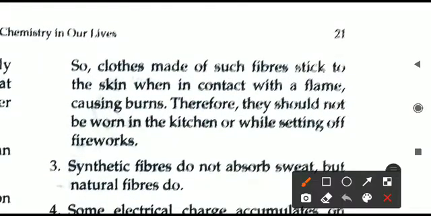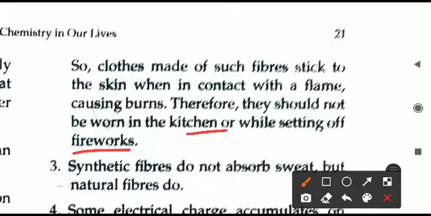So in case of fire, if someone is wearing clothes made of synthetic fiber, then these fibers will stick to the skin and they can cause burn injuries. So especially when we are in the kitchen or when we are using fireworks at the time of Diwali, a festival, at that time we should not wear synthetic clothes, because in the kitchen and when using and setting off fireworks, we are